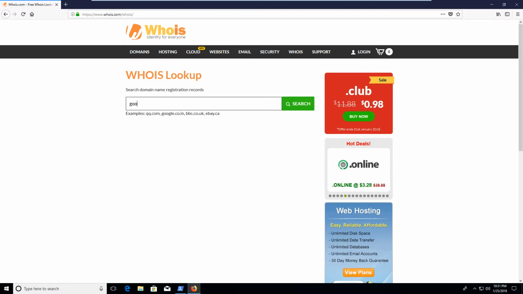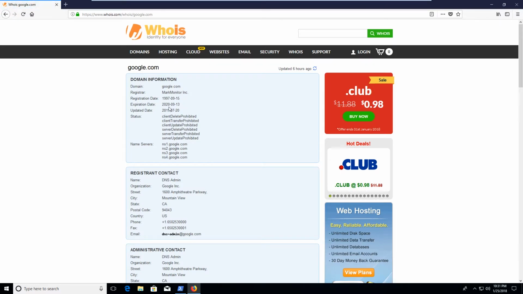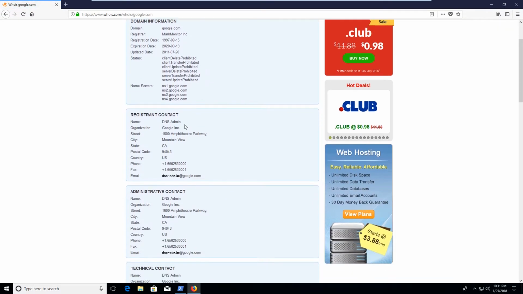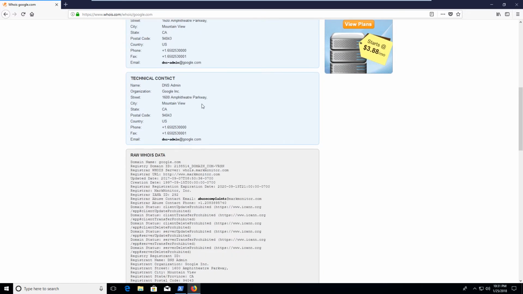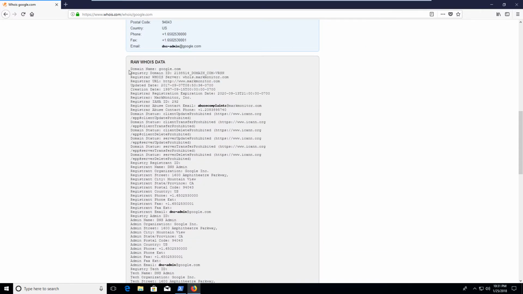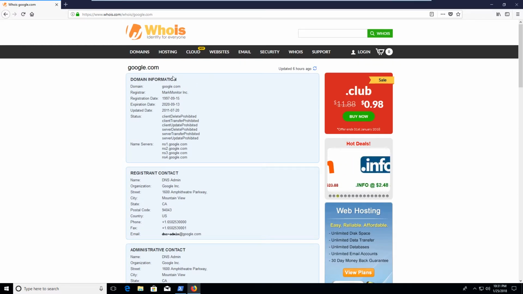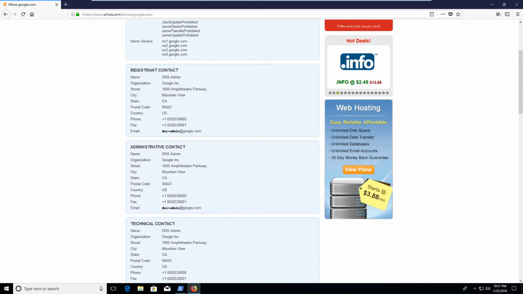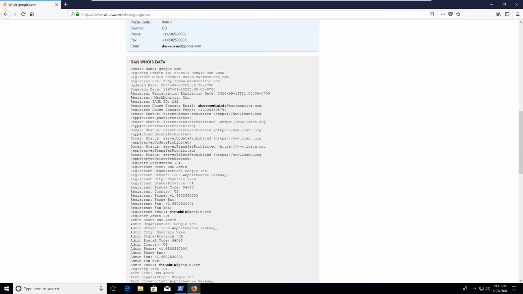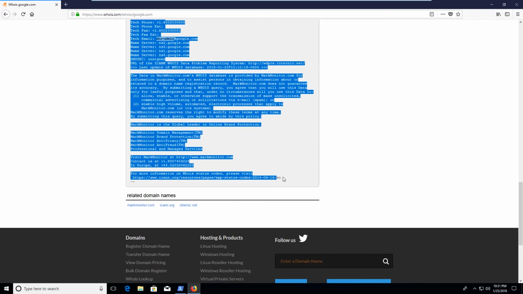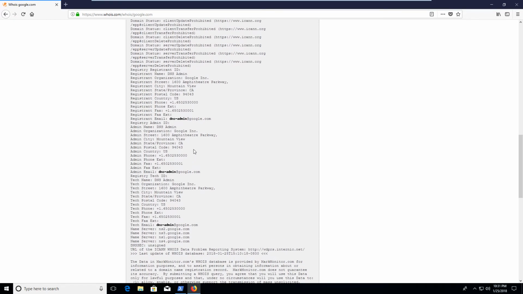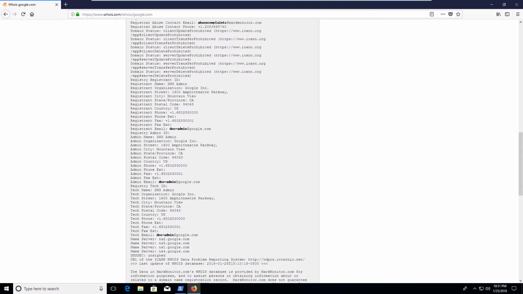So, if I do google.com and do a search here, it's going to tell me who it is, who its name servers are, and some other different information about it. This utility right here is nice because it'll display everything nice and easy for me to see. However, this is the raw whois data right here. So this is the actual whois file. This is what you would see if you were to look up google.com. If you were to see that address in your Security Onion box, then this would be a fantastic way of